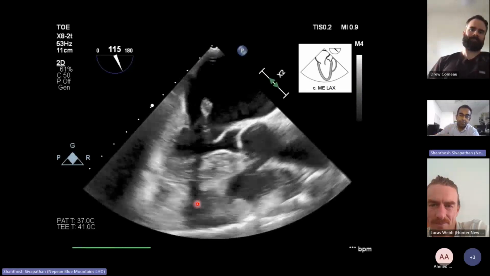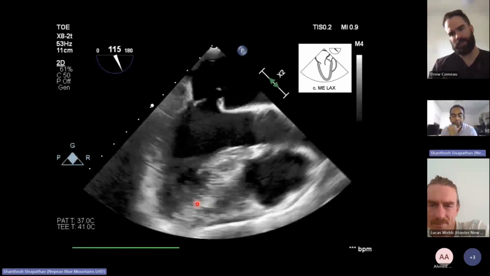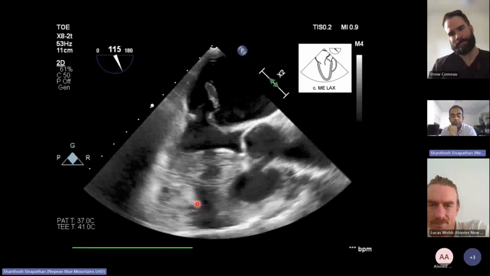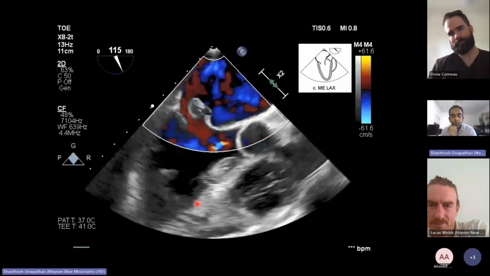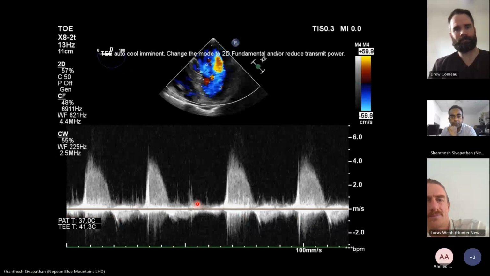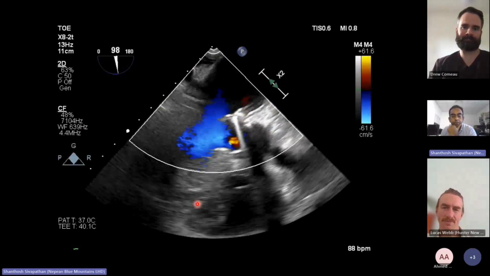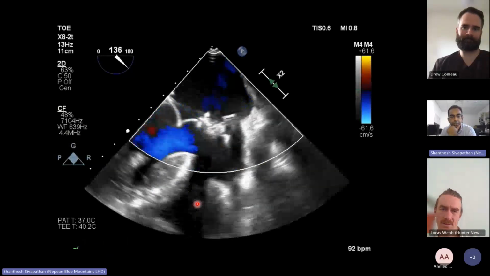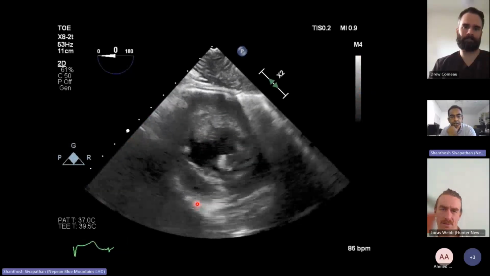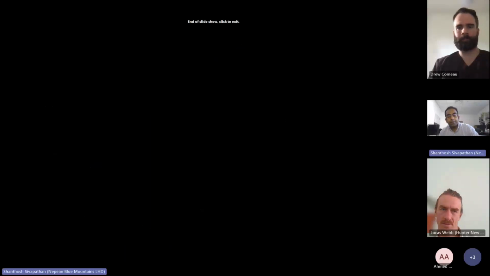Obviously, this guy needed urgent intervention and went for surgery. And this is the valve after it's fixed. Anyways, it's contracting. What I was trying to highlight in that case is a patient, yes,